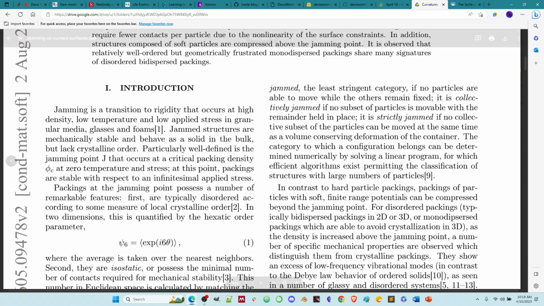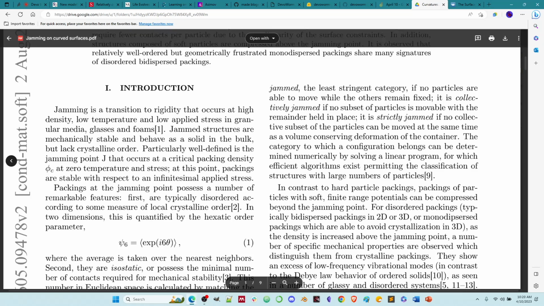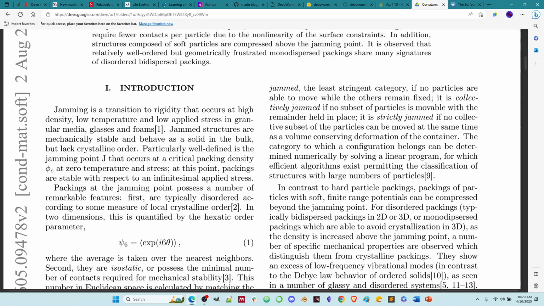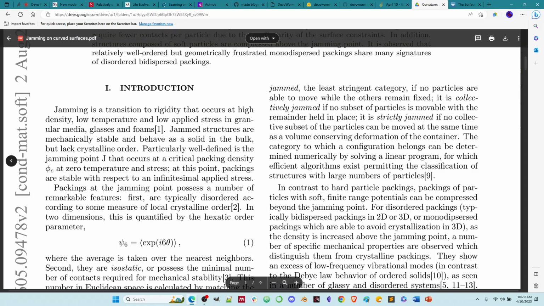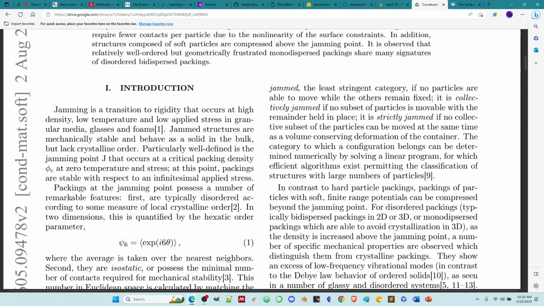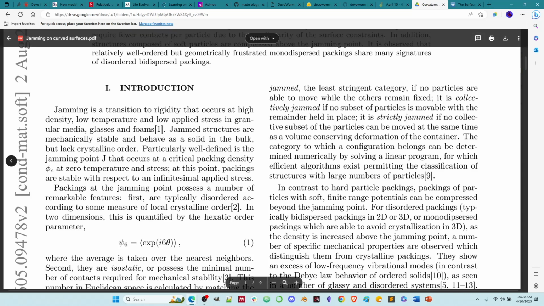Then it is strictly jammed if no collective subset of the particles can be moved at the same time as a volume-conserving deformation of the container. So this is where you can't move the particles at all. And then as long as you conserve the volume. If you change the volume, like if it's a pathway or if it's like an egg, and you increase the size, then the cells can move out. If not, they can't. So these are three different types of jamming, and they're kind of technical definitions, but